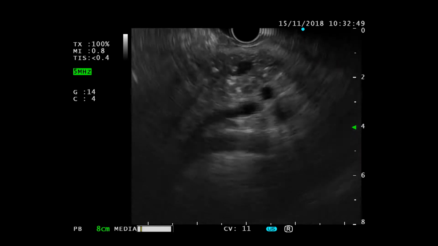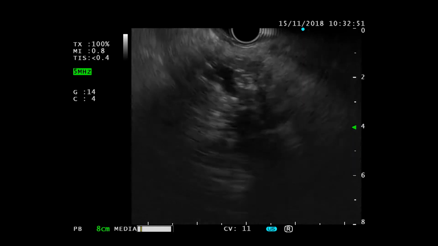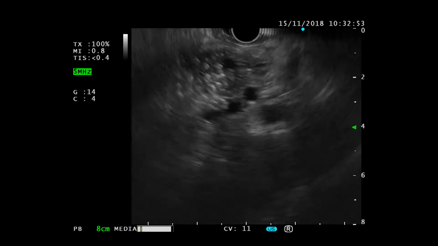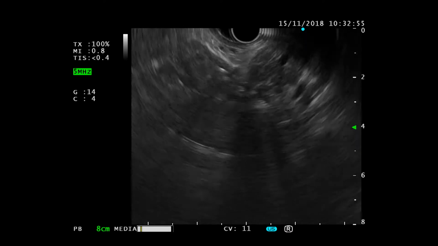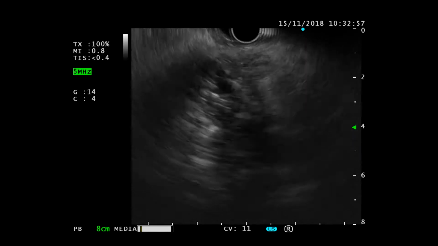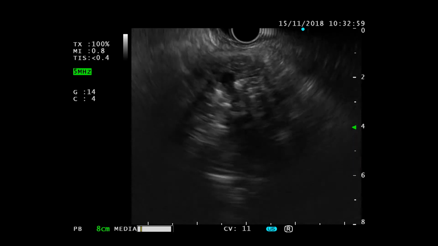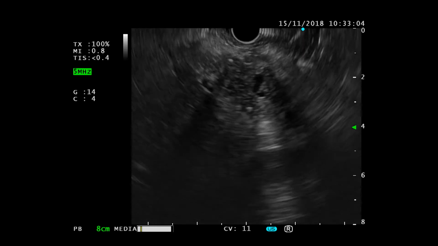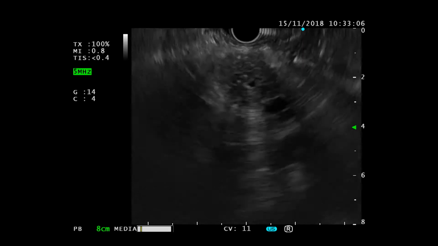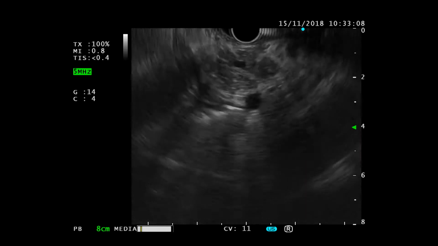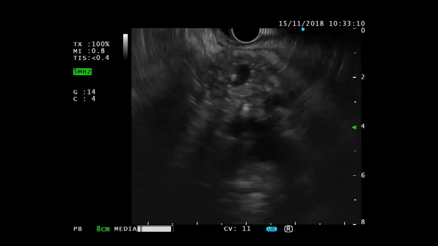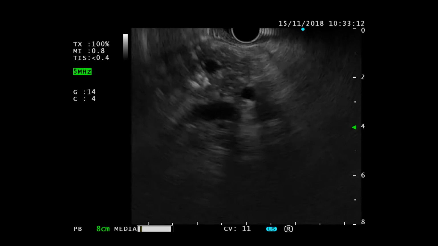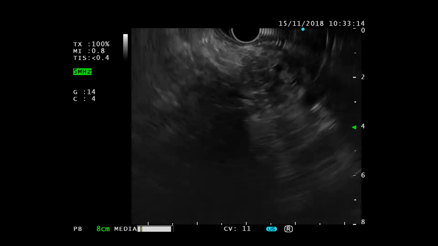We are looking for cancer because the CT scan saw a focal lesion in the uncinate, a 3 centimeter lesion, but we want to see all the gland. Here in the neck, body and tail, I don't see any suspect lesion, just calcification, enlargement of the ducts, and the inhomogeneous